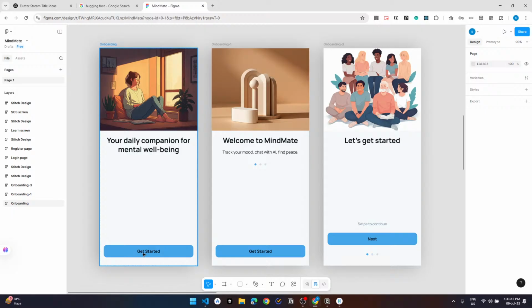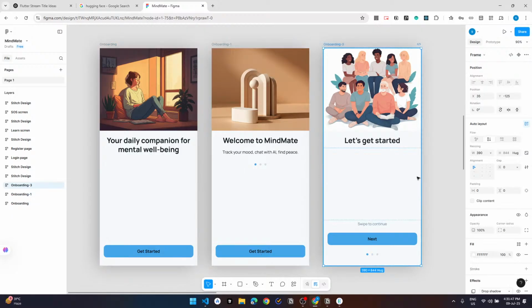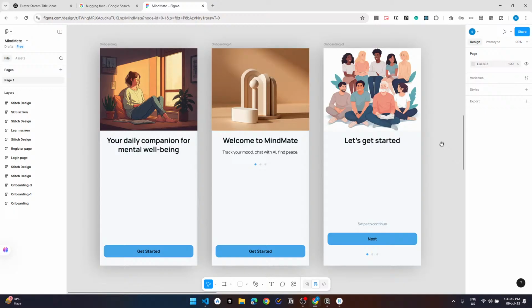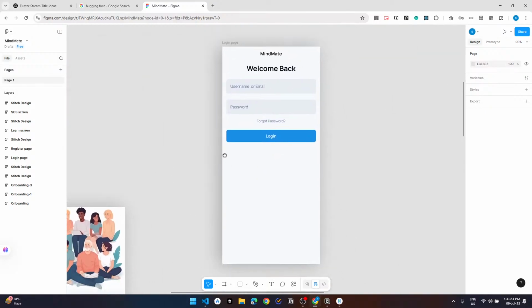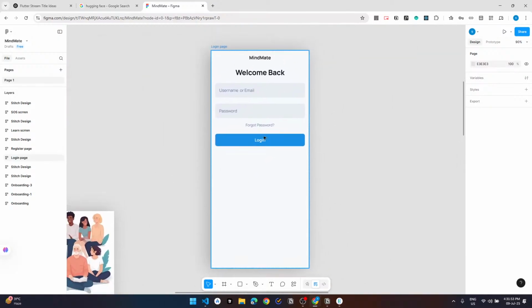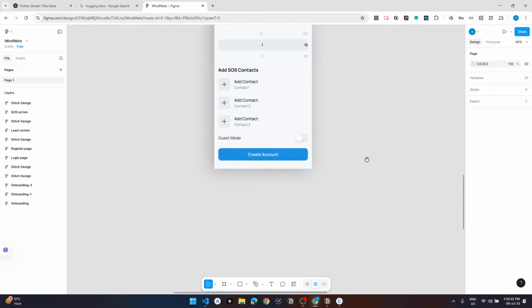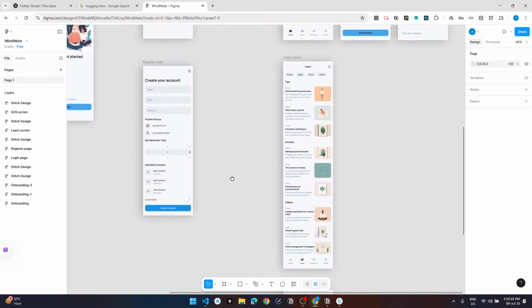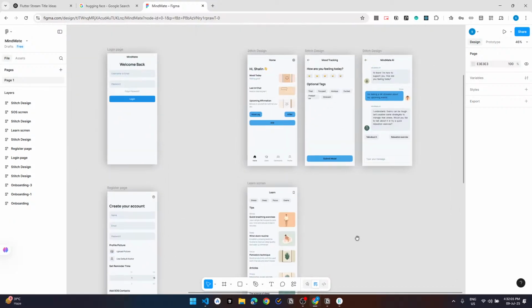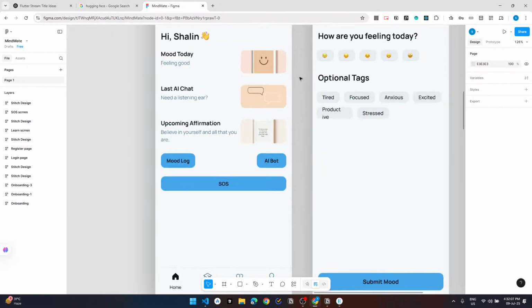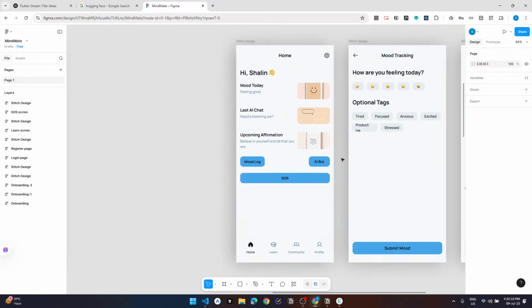So, get started, and then next, and they get redirected to the login page, or if they are not already a user, then they create their account. Yeah, these are some screens which I am going to build.